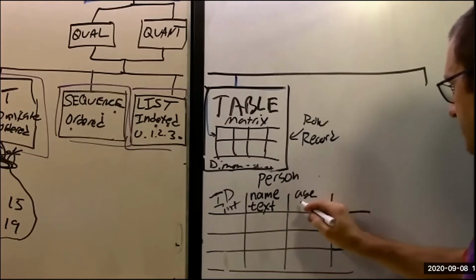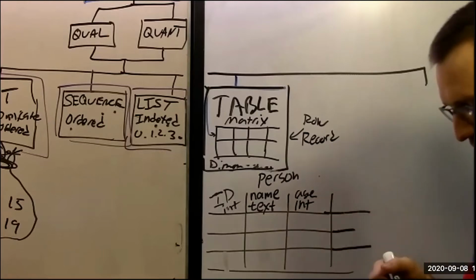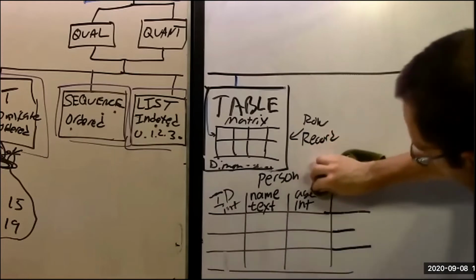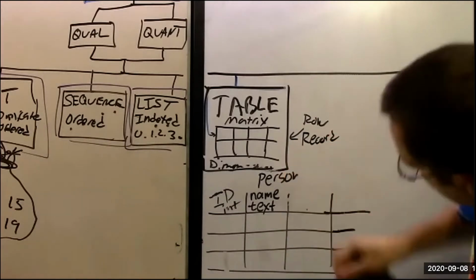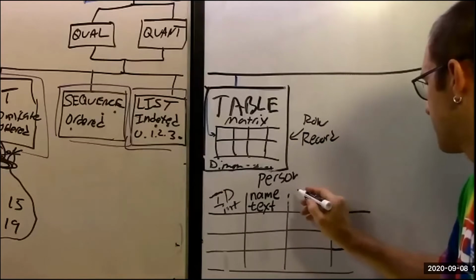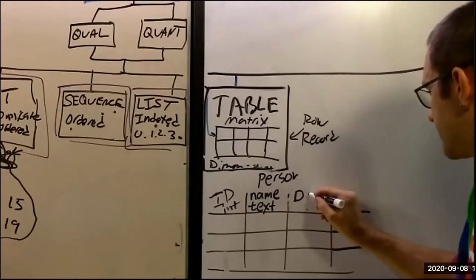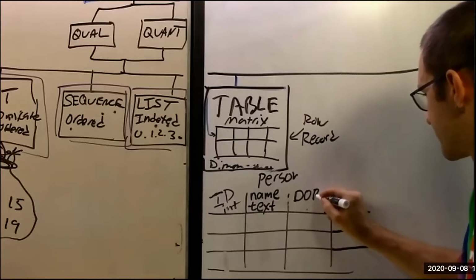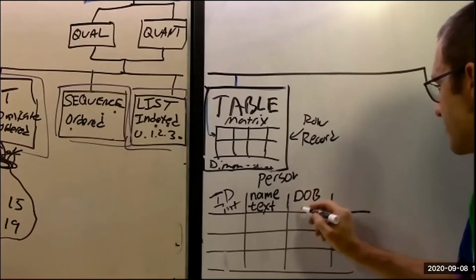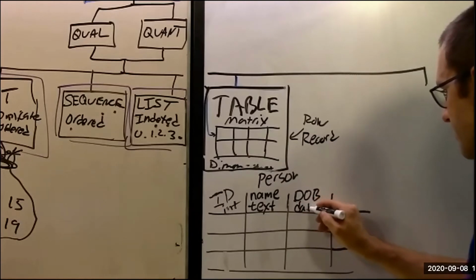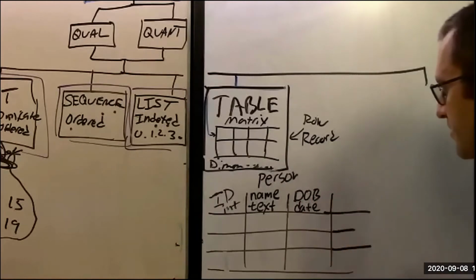Age, the int. Maybe instead of age, what would be better to store it? Not age, but date of birth? Yep, and then you can always compute age. If you store age, then your data goes wrong just by sitting there. It becomes inaccurate. So we would usually compute age. The date of birth, we would probably encode in some sort of date